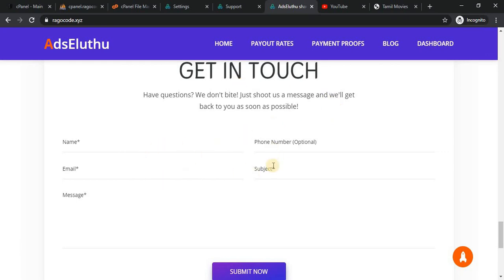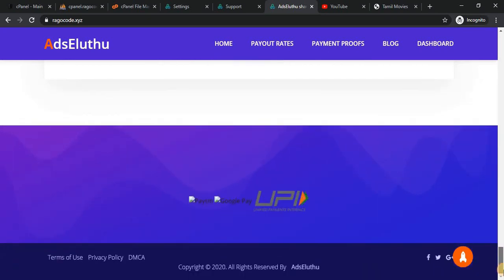This area also sends a mail to admin, but this area is used for a non-registered user. A non-logged-in user can contact the admin. And the other thing is footer.